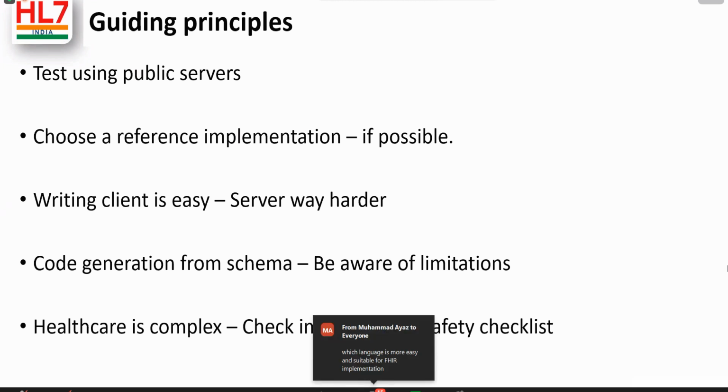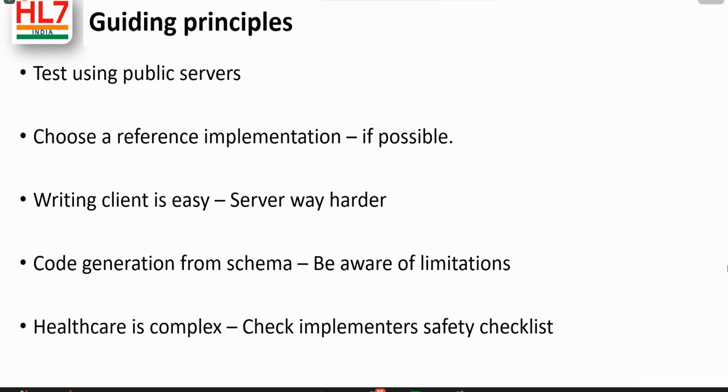In case of variance, what we can come up with is broad guiding principles which should be followed when you are trying to implement FHIR in your applications. So the first principle is: test using public servers. Whenever you are implementing something, whenever you are building a FHIR resource, whenever you are building a client, or whenever you are doing a certain kind of implementation,